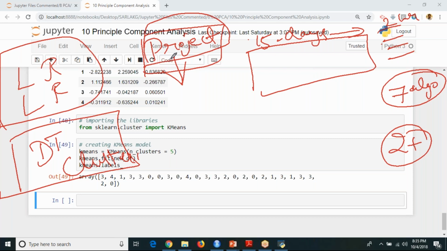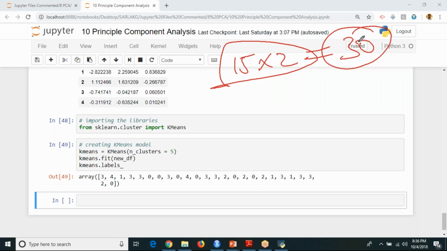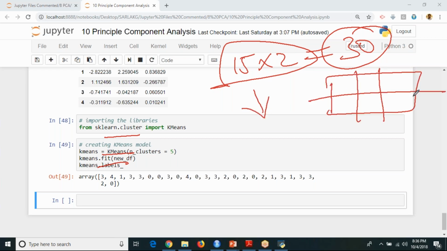So don't take it lightly, just dedicate 15 days, 2 hours a day, and whatever we have learned, you'll be able to cover. I'm not telling you to memorize libraries and functions, but you should know the concept and be able to implement it. If somebody gives you a data set and asks you to implement some algorithm, you should be able to do that. If you are not remembering the syntax, not a problem. You can just Google it, you'll get the syntax.